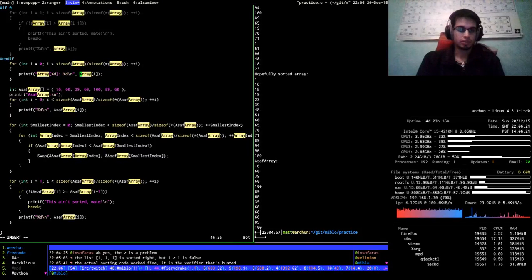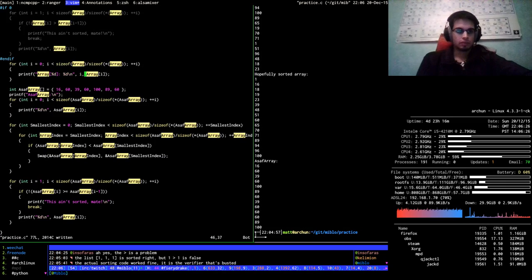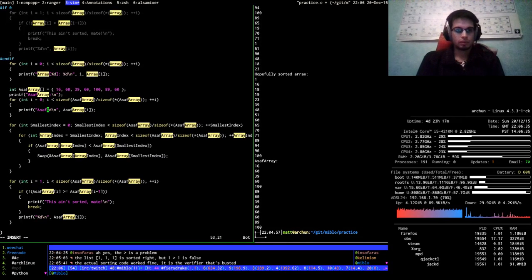Array int is equal to that. And then print sef array.